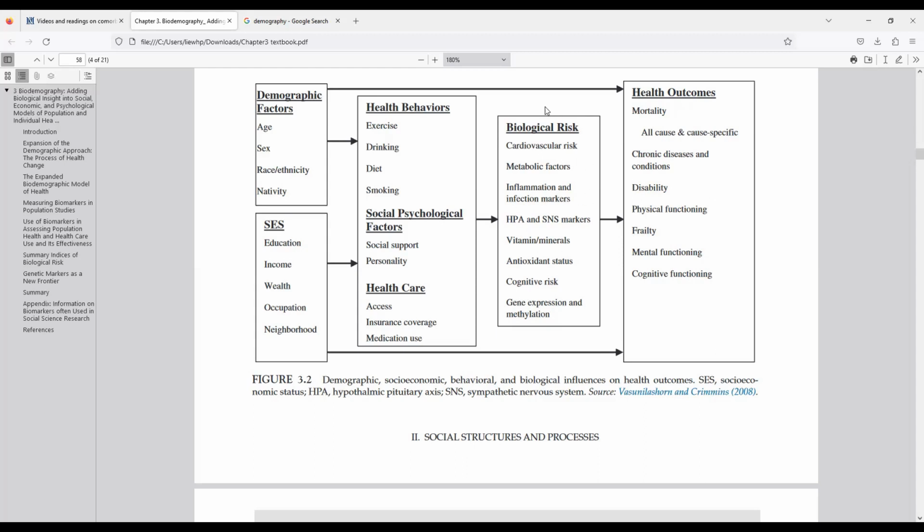And it's not just that we know, it has been confirmed by researchers that health behaviors, psychological factors, healthcare factors, or the different biological risks can determine a person's health outcomes, regardless of what aspect of health we are talking about. And frailty, also related to physical functioning and disability, and mental state. And there are also ways to assess cognitive performance